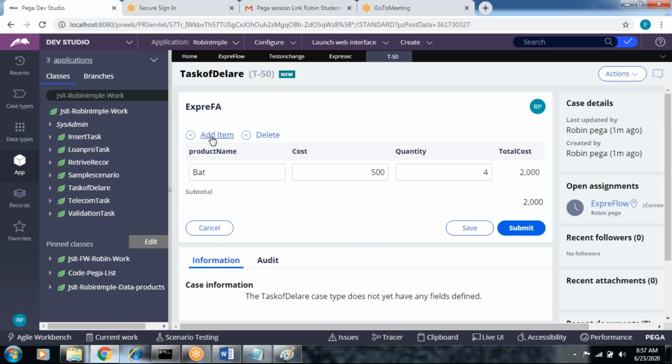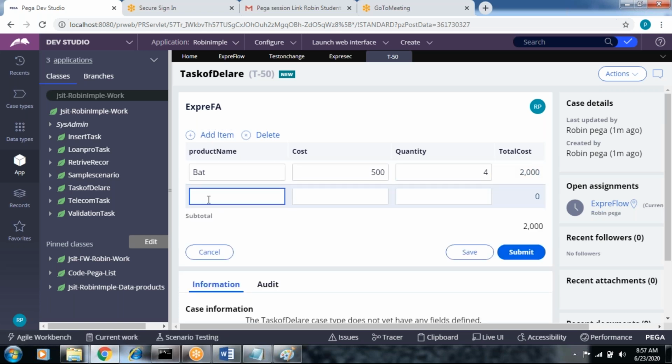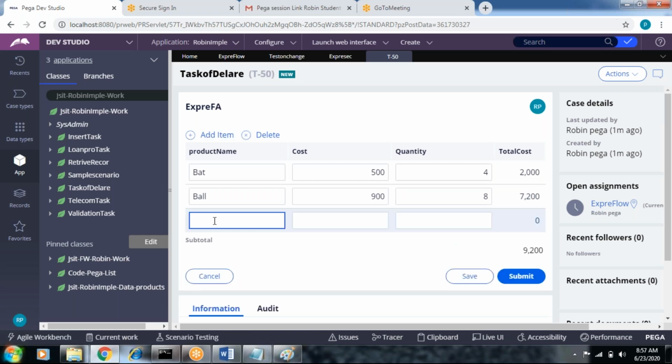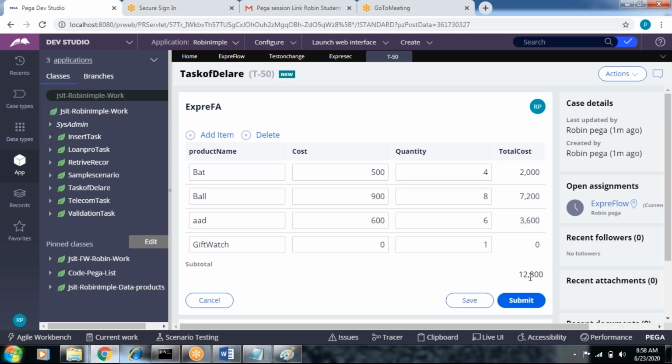Okay, add another one, 900, quantity 8. So that's 9000. Let's add one more item, 600, quantity 6. The amount is raised to 12,800. Gift watch is added.